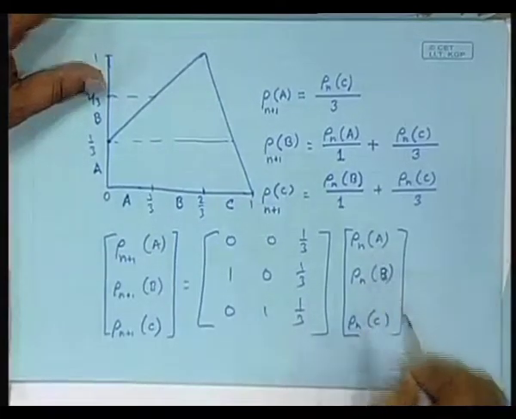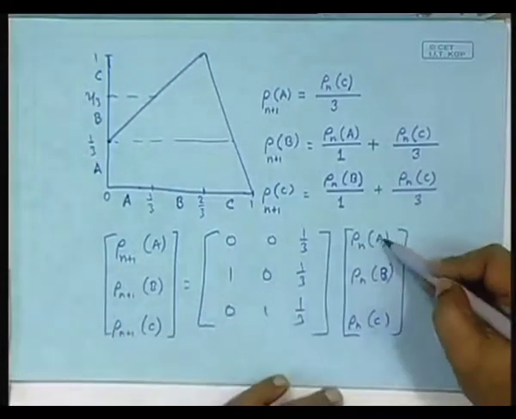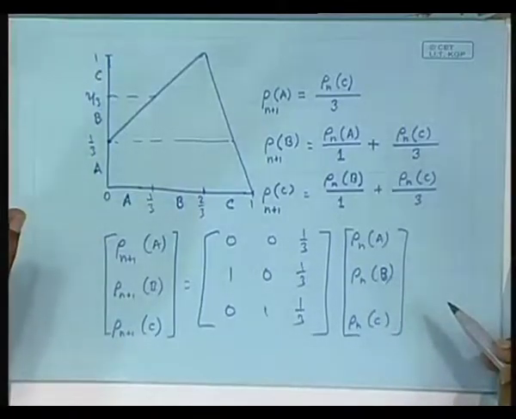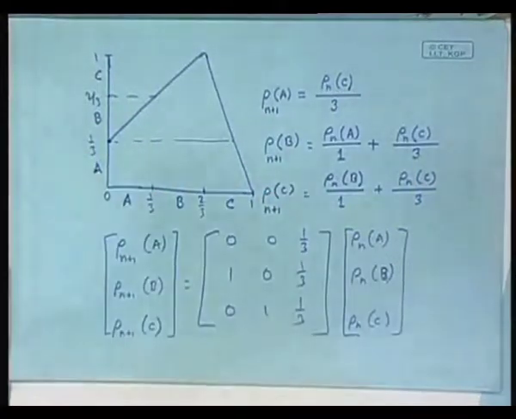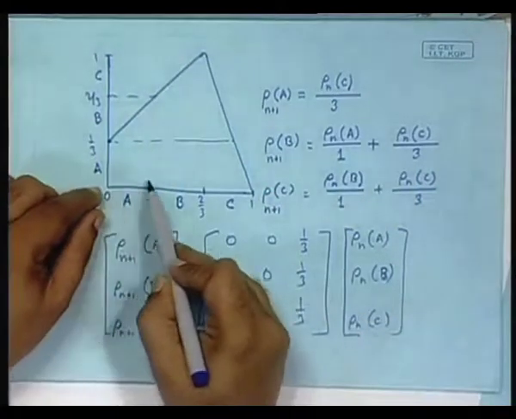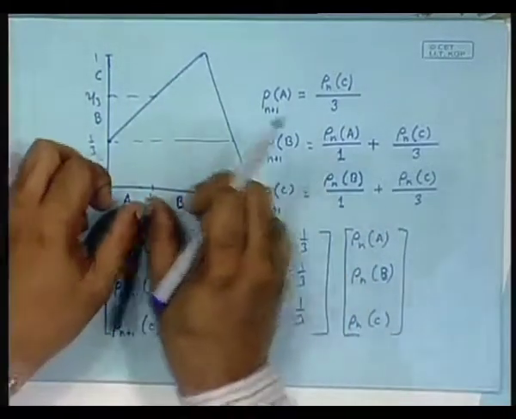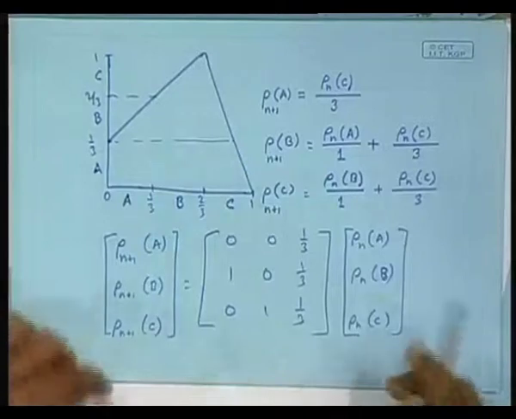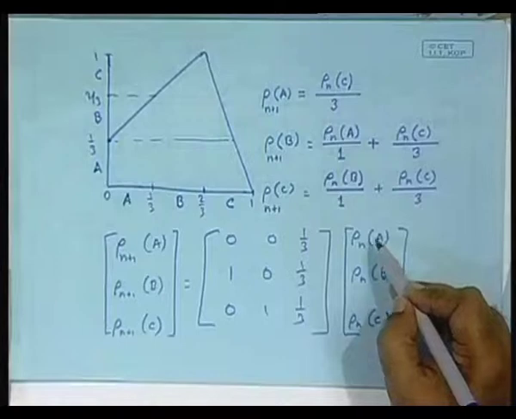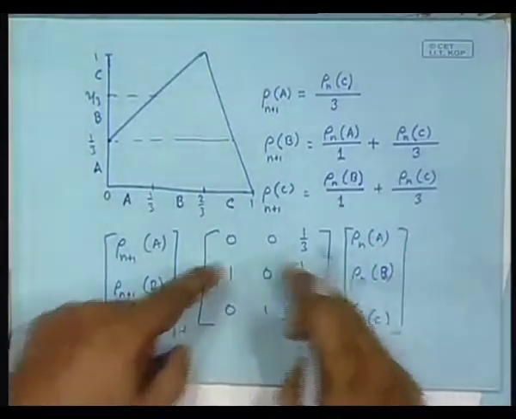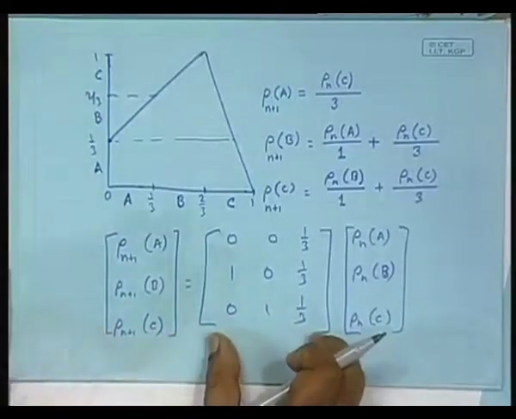See what I am doing? I am saying that if we start from any arbitrary densities in the chunks A, B and C, here we are taking boxes. Here is a box, here is a box, here is a box, and we are not considering that the density within the box is different. We are assuming that the density within the boxes is the same. So if these are the densities in some iterate, then it will be multiplied by this matrix to give me the density in the next iterate. So this is my Frobenius-Perron operator finally.